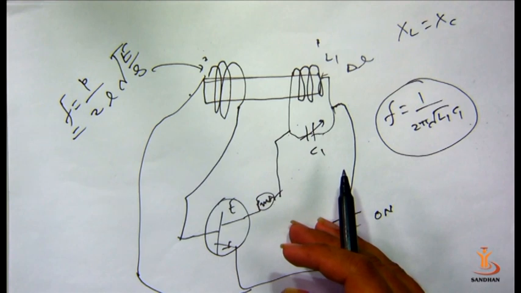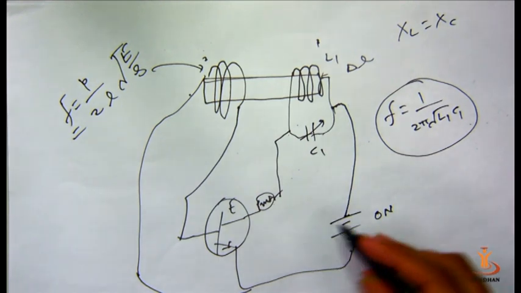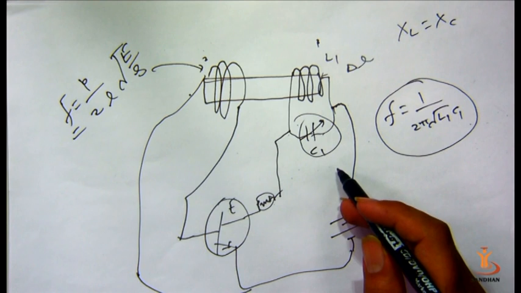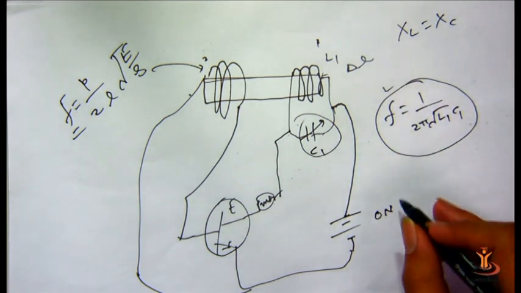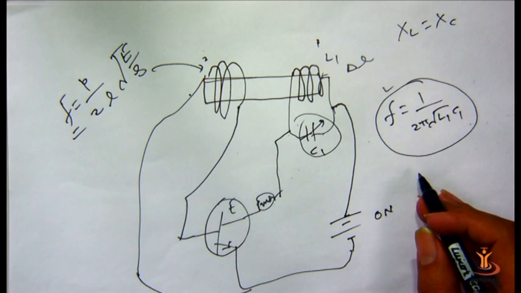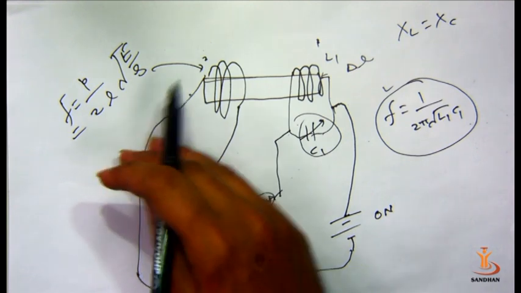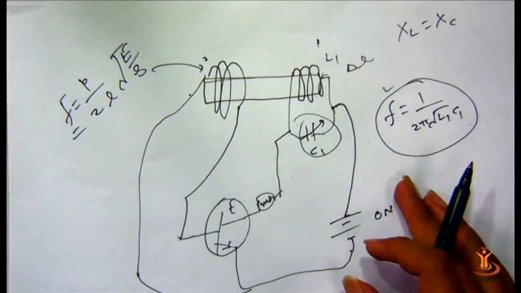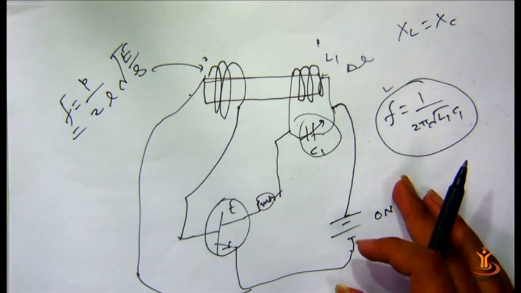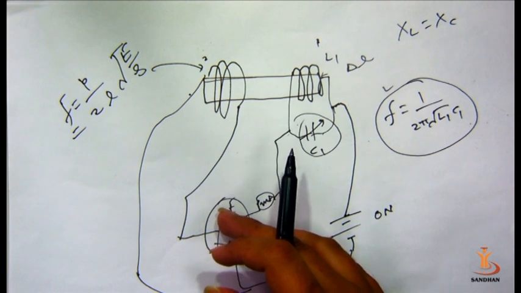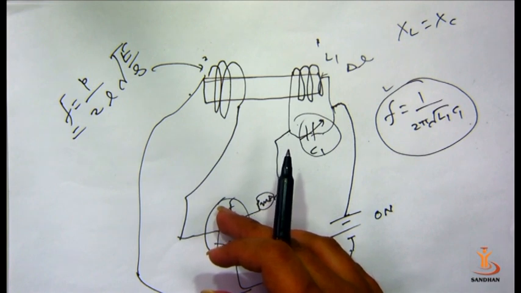There are slight vibrations found in the ferromagnetic rod when any general frequency is given by the L1C1 tank circuit. But what happens if we change the capacitance? If we change the capacitance in such a manner that the frequency of the applied alternating magnetic field becomes the natural frequency or fundamental frequency of the ferromagnetic rod, so the applied alternating frequency is equal to the natural frequency of the rod. Such a matching or tuning of two frequencies is known as resonance.